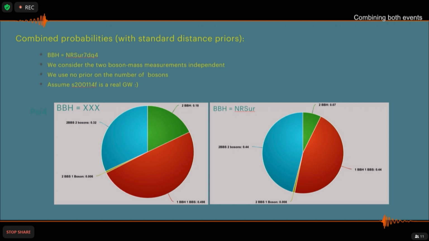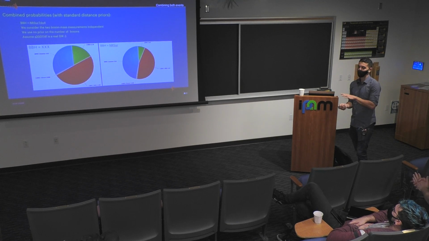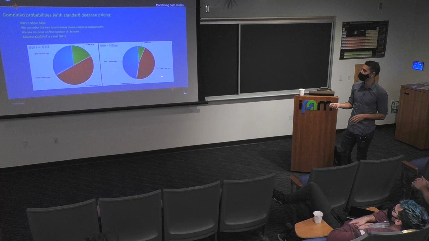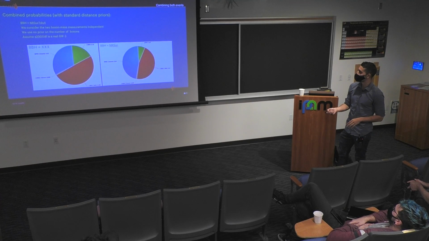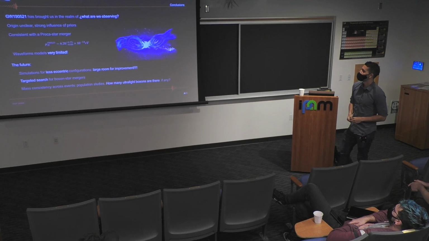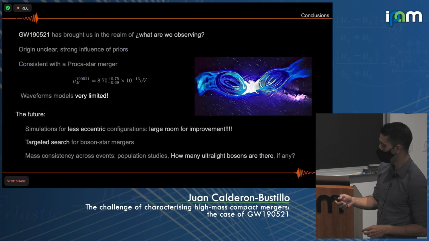So anyway, just looking at these results, it seems that if you believe both are gravitational waves, it's not very likely that both are described by black hole mergers. Of course, on top of this, you need to put a prior on your belief that two boson stars can exist and collide in a head-on collision, which is another completely different story. So I think I'm going to end up here. I think there will be a lot of time for questions if there are any.